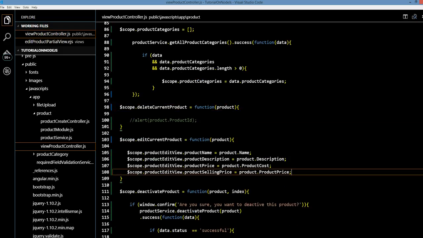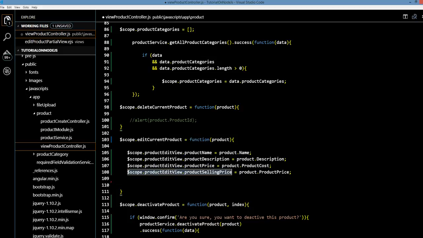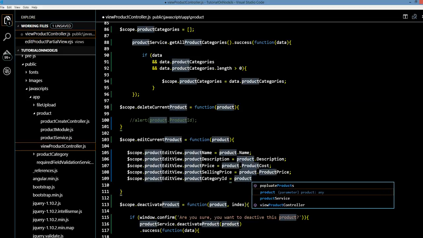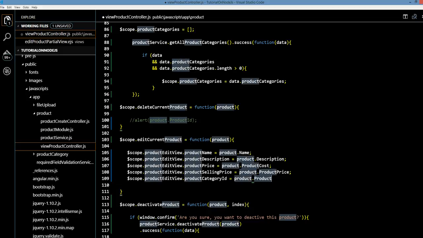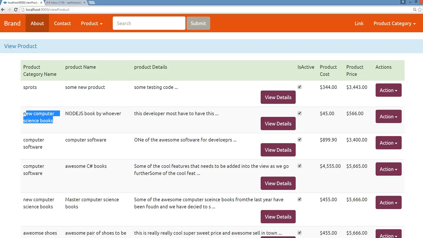So to be able to do that, all we have to do is remember, in our product edit view we have an object, or a property called product category ID, and I think we obtained that. So we're going to set that one to product category ID. I'm not really sure about this property, whether I named it differently, but if everything is good, that should work. Then if I refresh this page again, and if I go into edit, it should have,